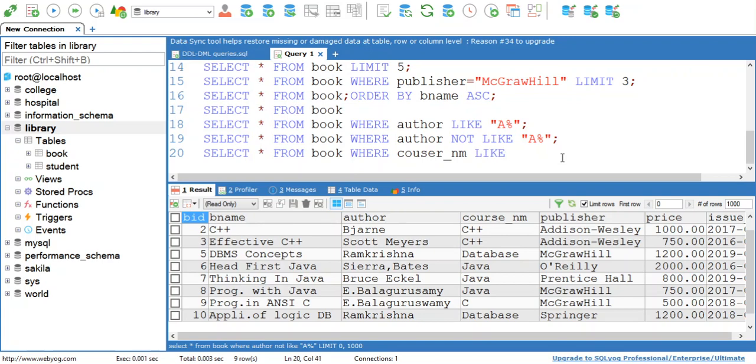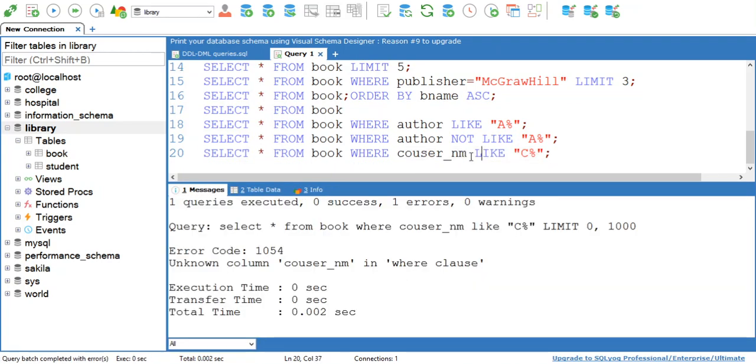Now I want to display the record of all those books where the course name starts with C. Course name like 'C%'.